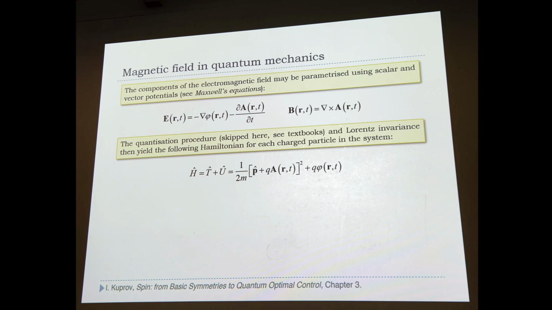The current interacts with the vector potential, and then of course the charge itself interacts with the scalar potential, and all of this is designed, and if you work through the mathematics you will see it, that this is invariant